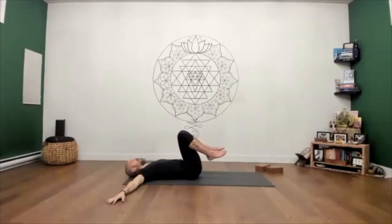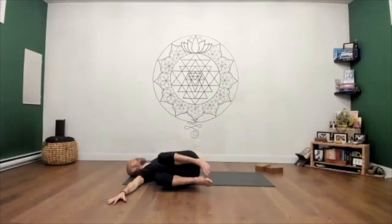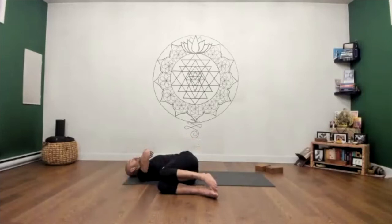Lift the knees up towards the chest and roll the knees towards the right elbow. So around the right hip. Then to the floor, release the legs. Maybe encourage them with the right hand. Maybe squeeze a block. Maybe wrap the legs up into a bow, right? And wherever you land, just